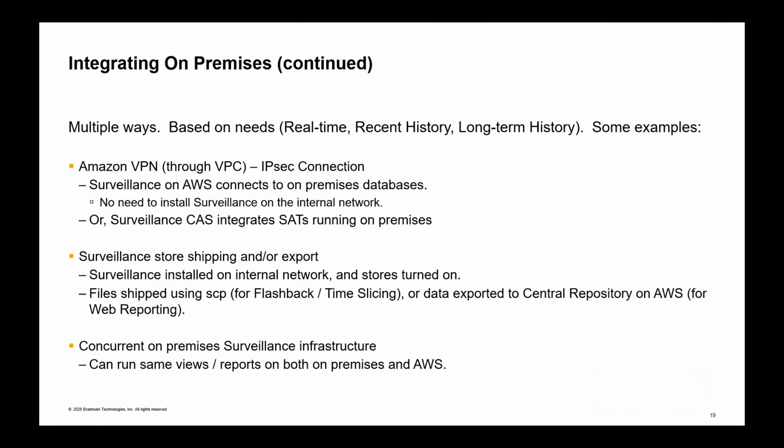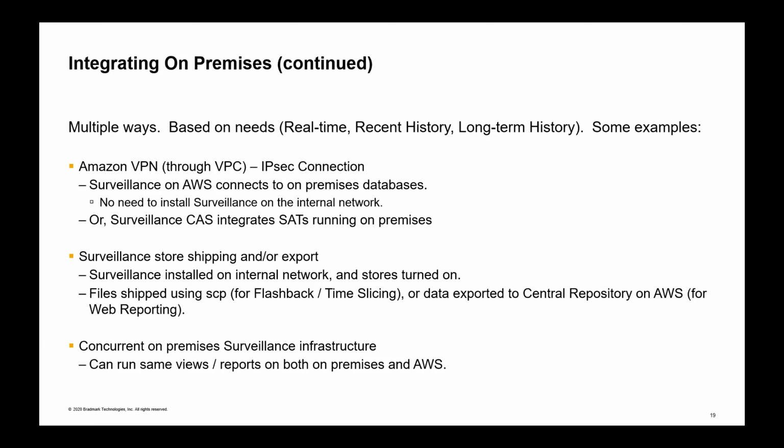And there are a lot of different ways to do it, and it's really based on the needs that you have. The three big areas of needs are real-time, recent history, or long-term history. If you're looking for real-time access, that's going to dictate a certain level of access to the on-premises environment. But if you're only looking for recent history, like for example, you just need to find out, in a delayed fashion, what was happening yesterday or last week, that would be recent history. If you want to do more long-term history, that would be more on the reporting side. That can be a more delayed item. So depending on your needs, that determines the exact technologies that are used for integrating with on-premises.